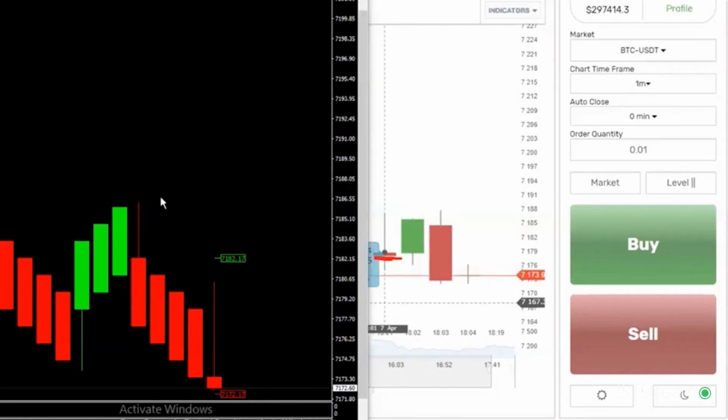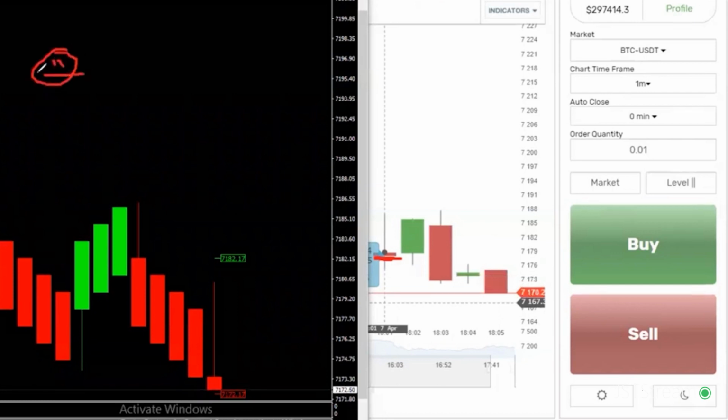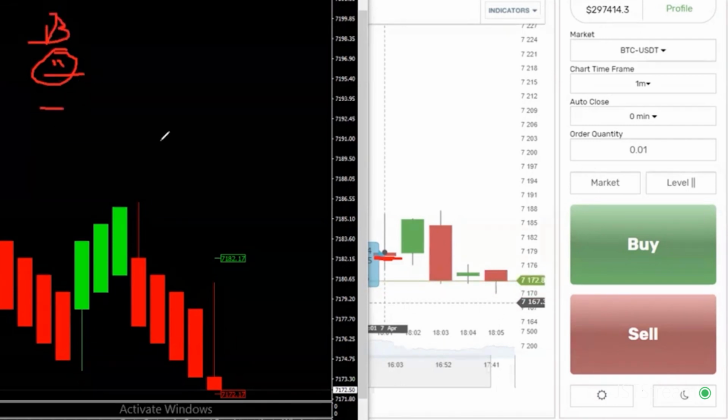Let's do a simple example. There's John and there's Steve. Wait, let me go to drawing. So there's John, let's make him like this, and there's Steve, who has emotional problems, so he looks like that. John's looking at this chart, Steve's looking at that chart. They both enter a buy, right? They both did a buy trade. Steve got a slightly better price. John got a slightly worse price, or whichever one they were, John or Steve, I don't know which one.